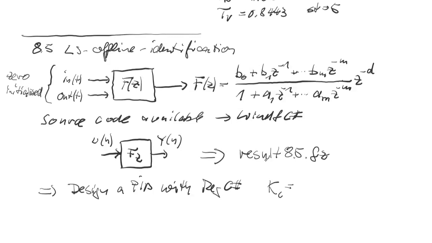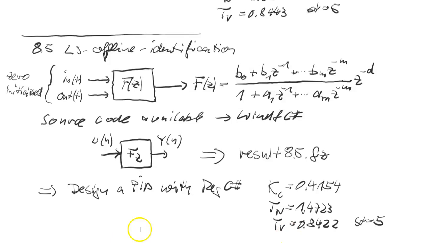Csii is 0.4154. Tn is 1.4723. Td is 0.8422. If we want to check if this controller works properly, then we have to combine this controller with our